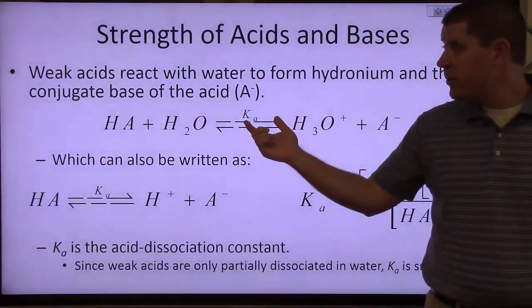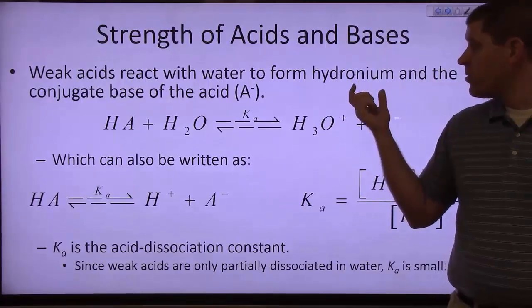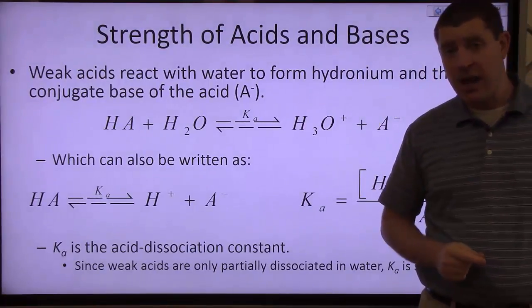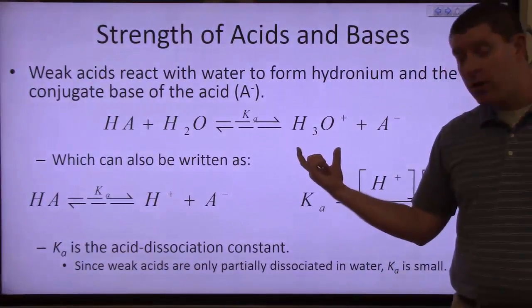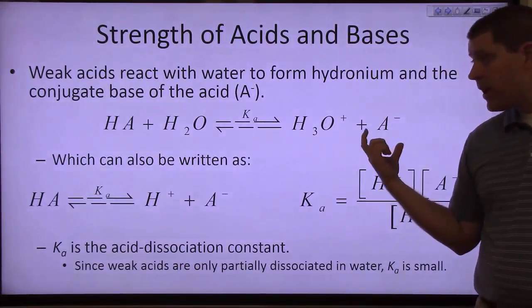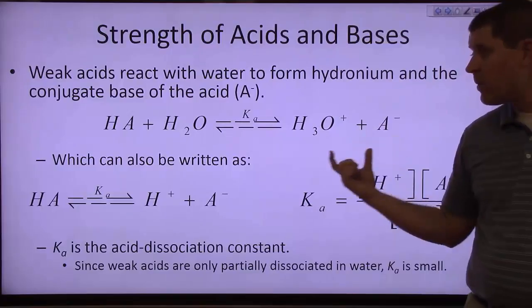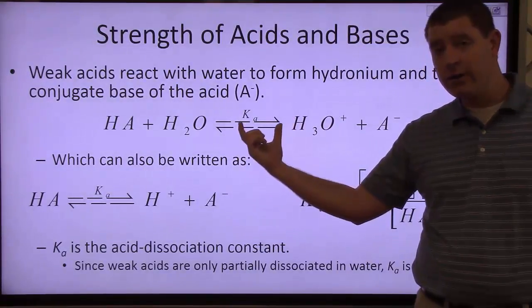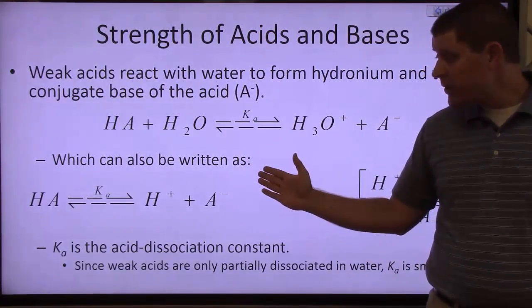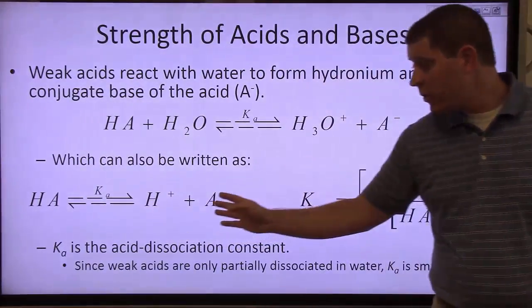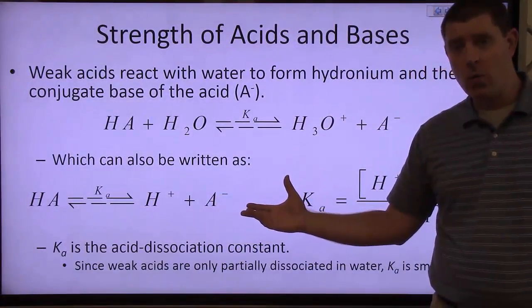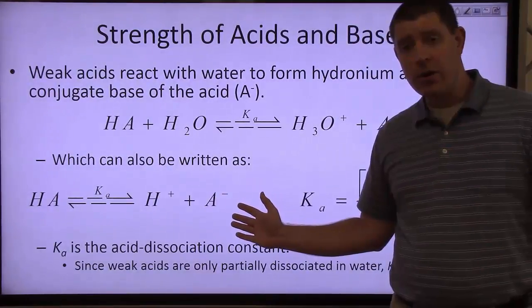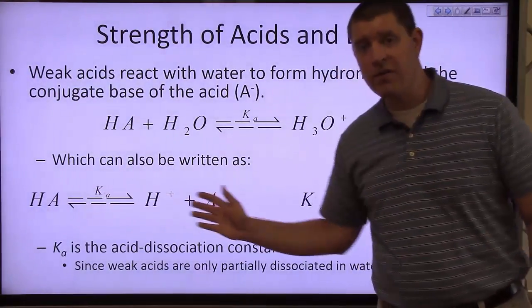Now, weak acids react with water to form hydronium and the conjugate base of the acid, A-. So HA plus H2O react to give us hydronium, H3O+, plus A-, our conjugate base. And we've got some acid dissociation constant, Ka there. So we can also write this as HA dissociates into H+ plus A-, where we've basically just dropped the water out. We're assuming that this is occurring in water, so we're basically dropping it from the left and the right